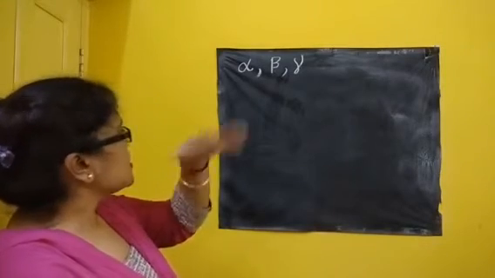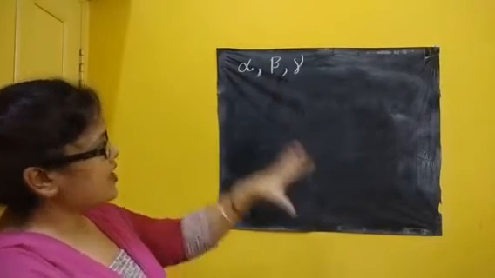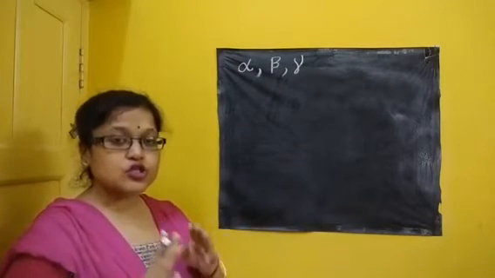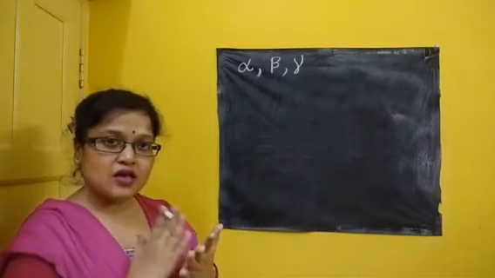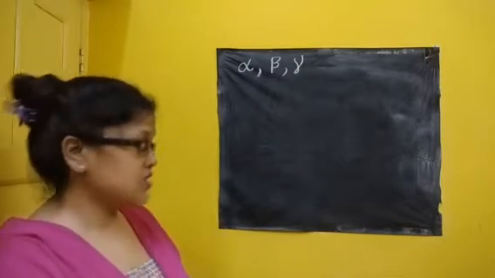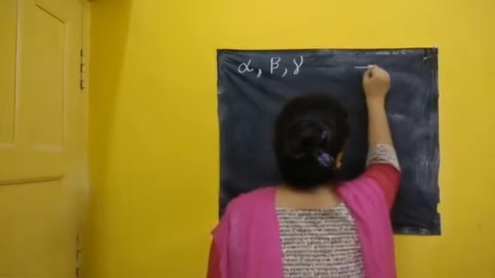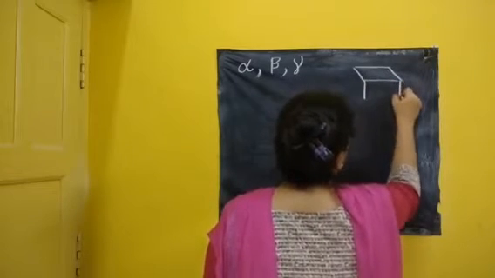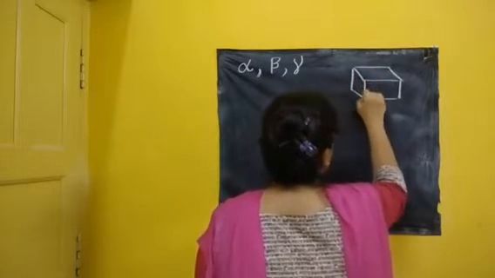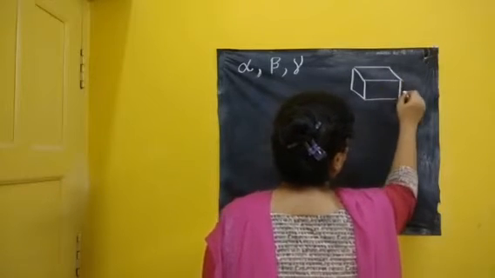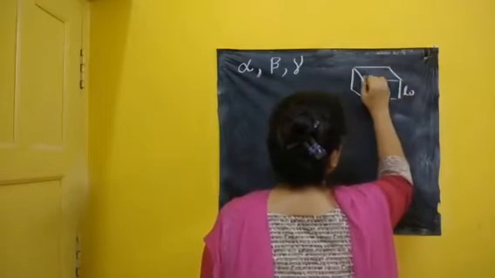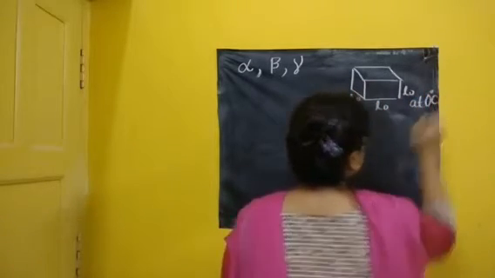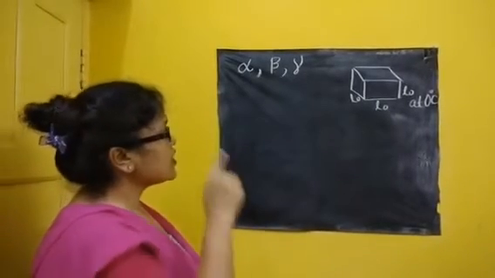So before that, let's go for an assumption. What is that assumption? Let's take a solid substance which has the same length, same breadth and same height. Means in short, I am considering a cube. So this is my cube, which has length, breadth and height all equal to L0 at 0 degree Celsius. Clear? Now I am giving heat to the solid.